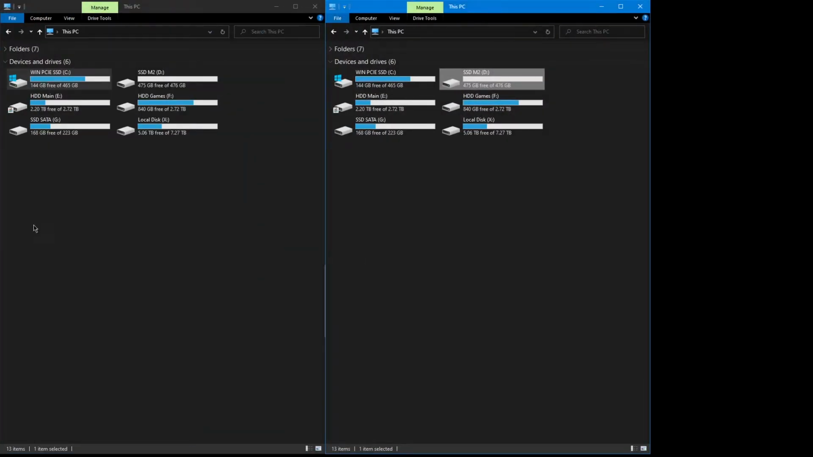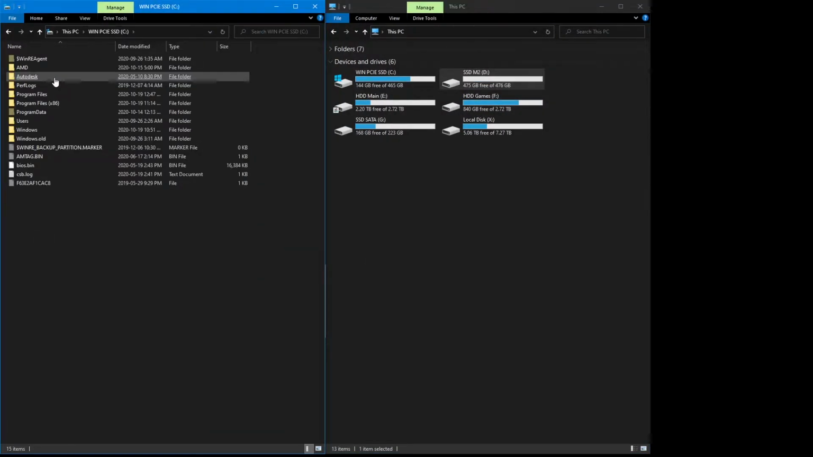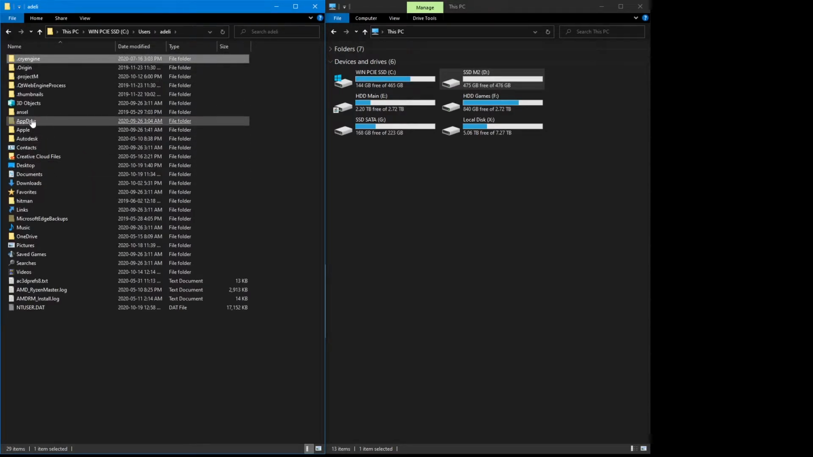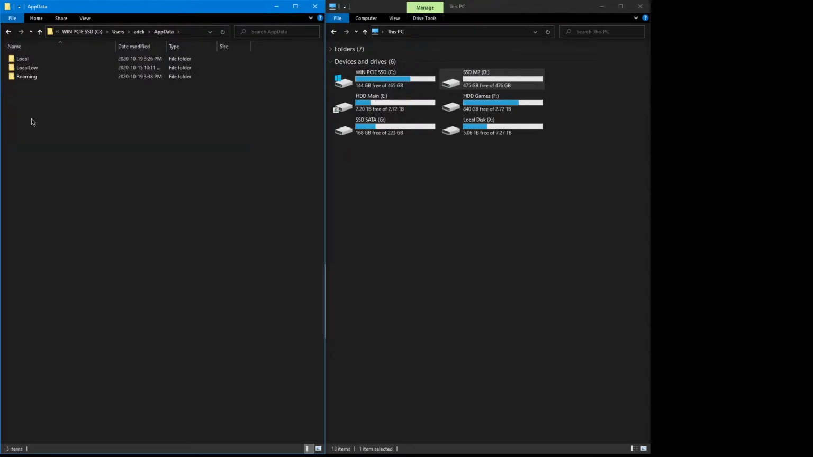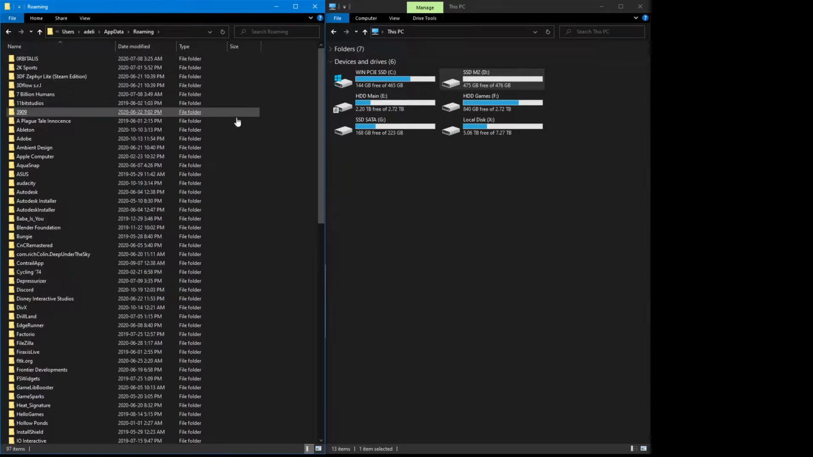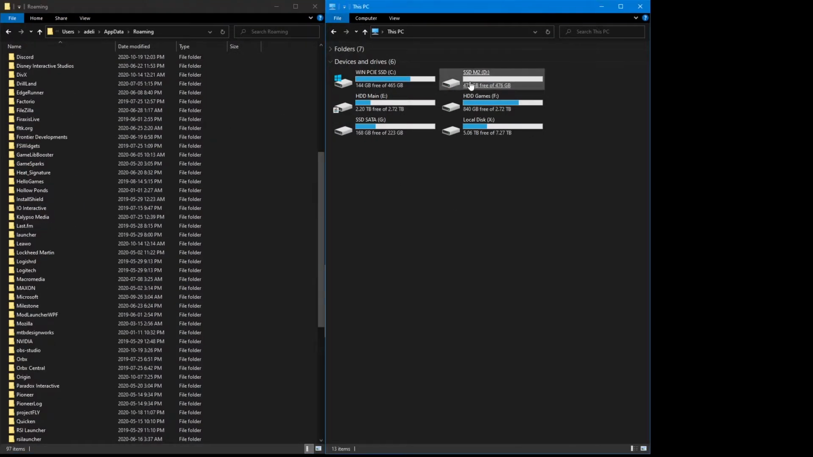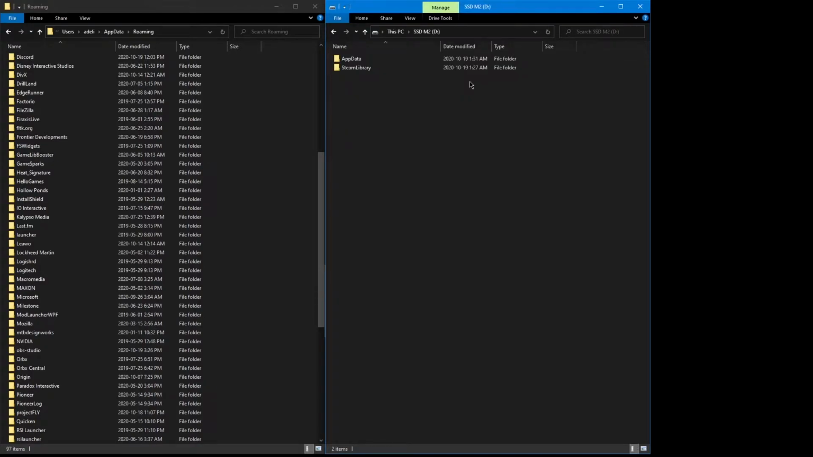So let's get my user directory up, username, then get app data. If you can't see it, you may need to view hidden files and folders. And go to roaming, and then I go to the drive I want it on. I've already created an app data directory to keep it tidy, and then I'm going to use a program called